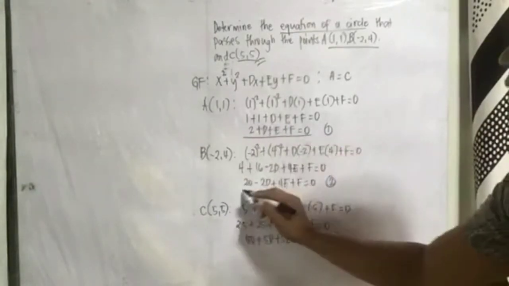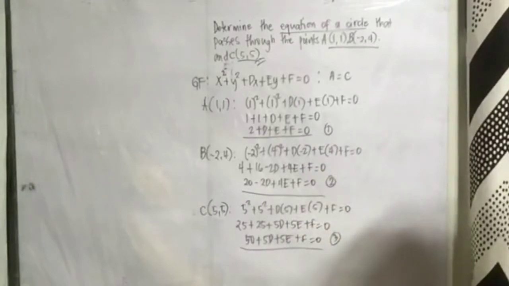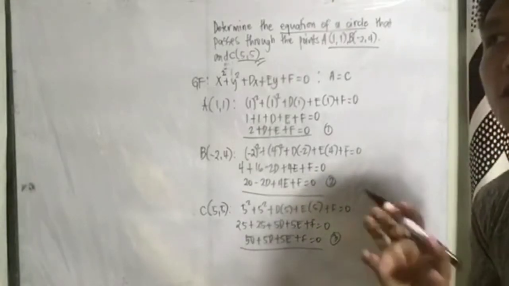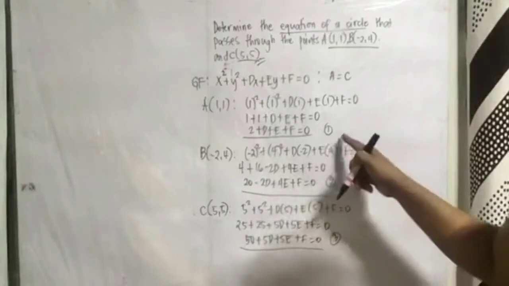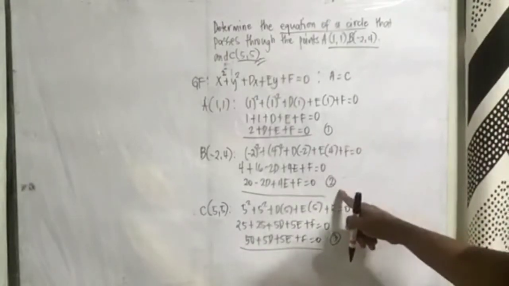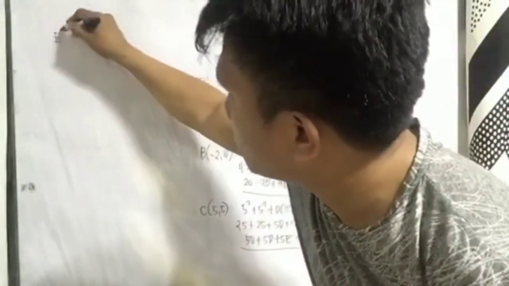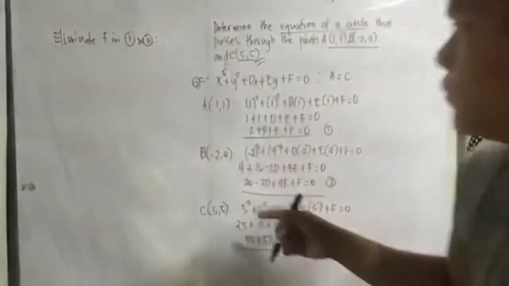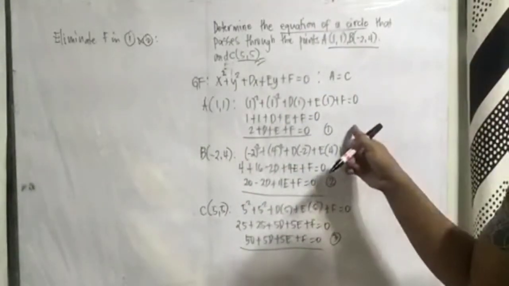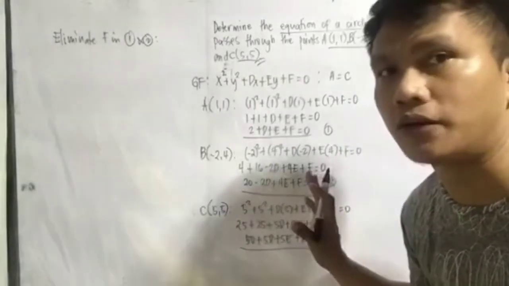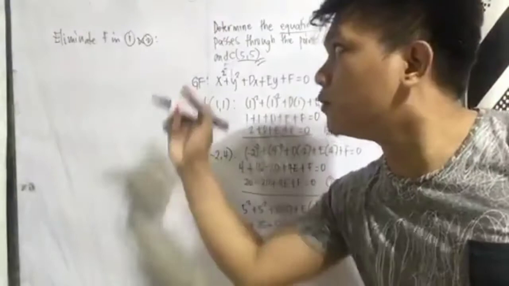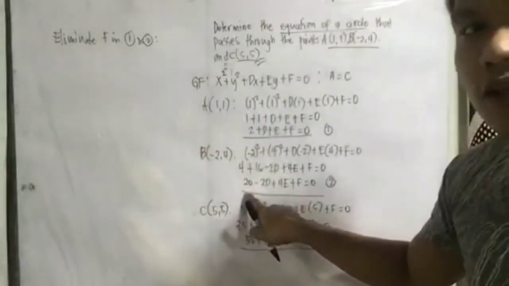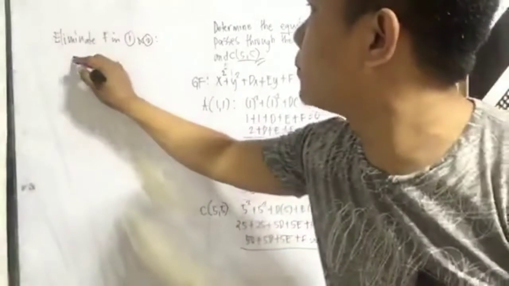Okay, from our equations, we need to use the elimination rule. We need to eliminate the same variable from equation to equation. So first, in our equation 1 and equation 2, we can actually eliminate f. Pwede namang equation 2 and equation 1, pwede yon, as long as magsusubtraction ka or mag-addition depending on the nature of elimination method, kung alin ang pwedeng gamitin. So gamitin natin to since our constant here is 20 and our constant here is 2. So we have 20